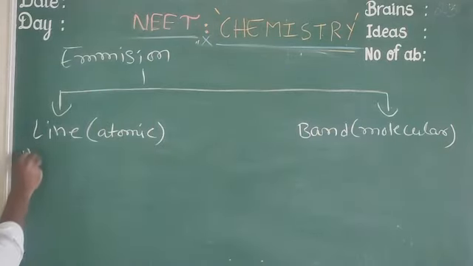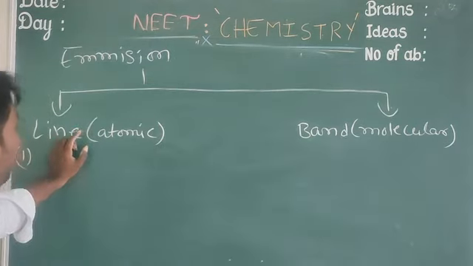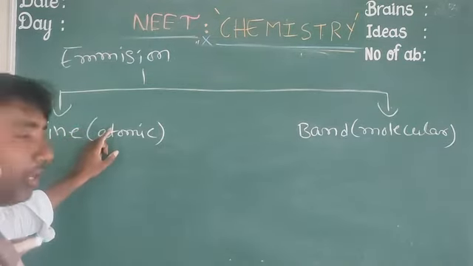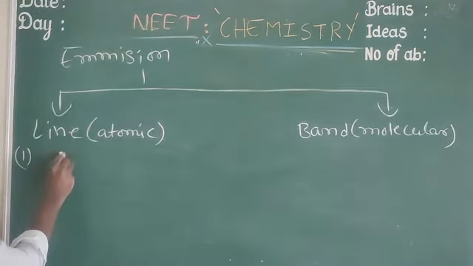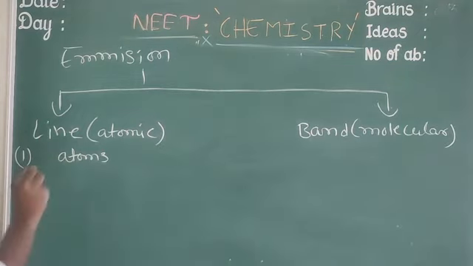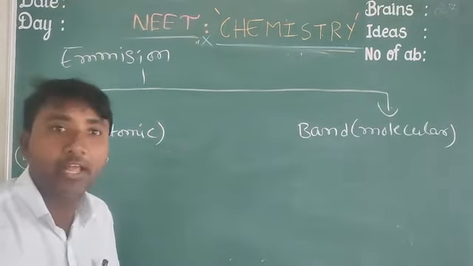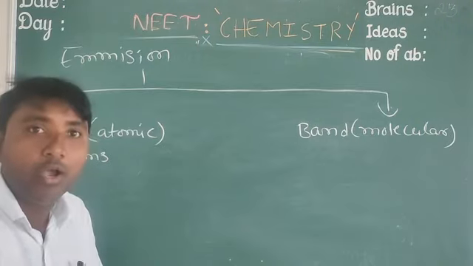So what is the line spectrum? This is generally produced in atoms only. That's why it is called atomic spectrum. Next, in line spectrum, if we observe on a